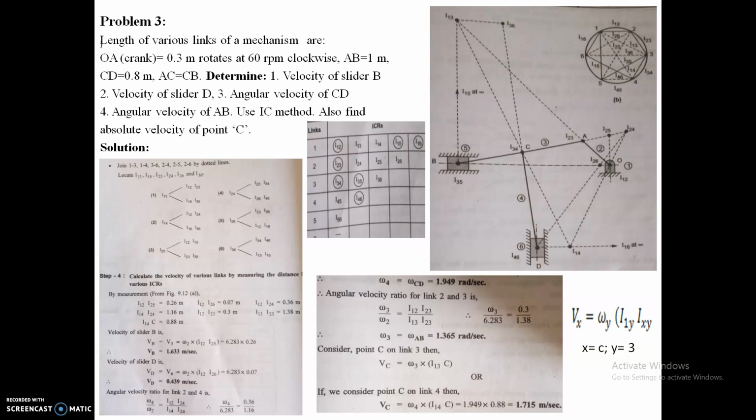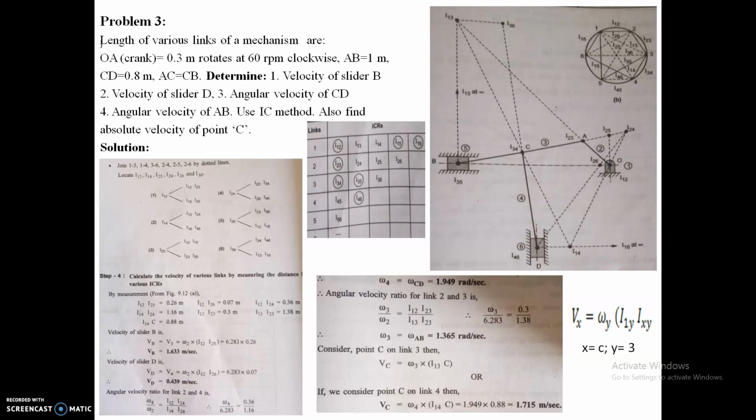Now, you have to follow the same things. First of all, let us see the total number of IC in a given mechanism. We have the formula N is equal to n into n minus 1 divided by 2, where small n is the number of links, that is 6. So by keeping the value of the number of links, small n, as 6, you will get 15 IC. Okay, so 15 IC.